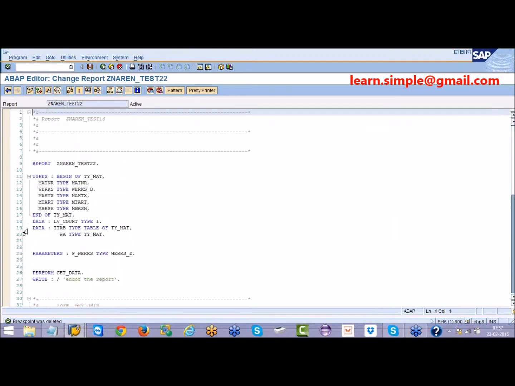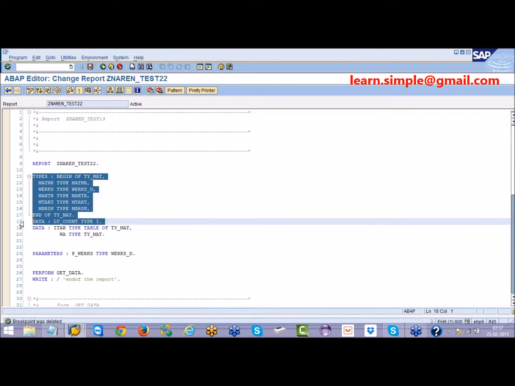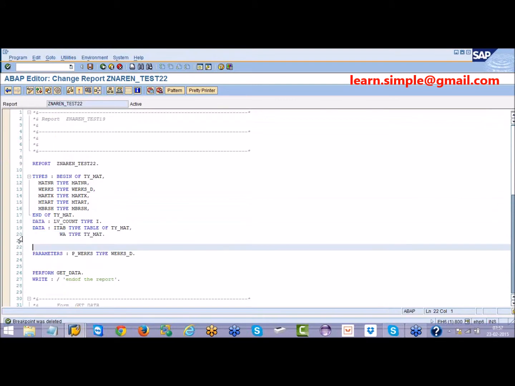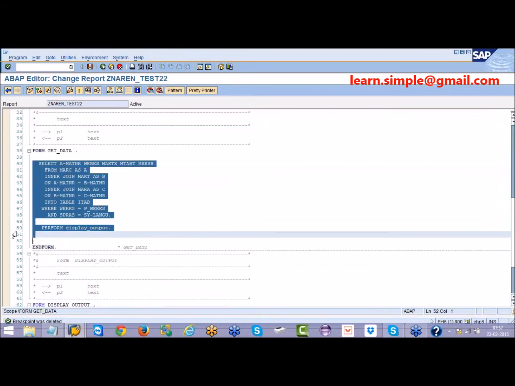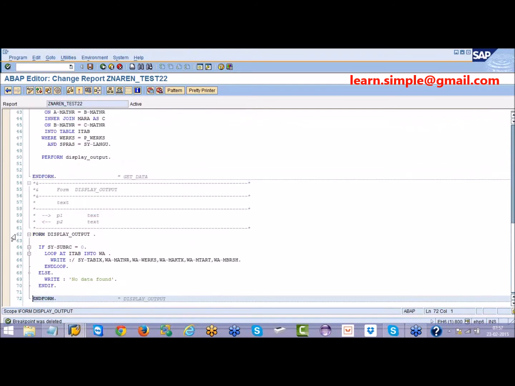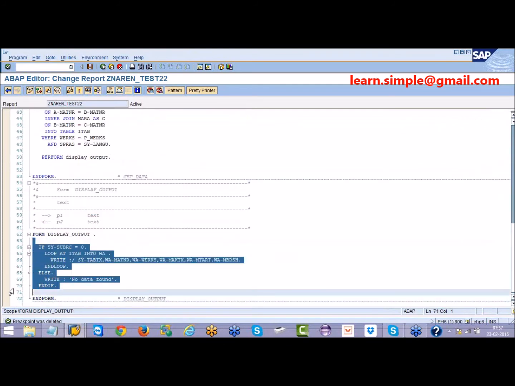What is the difference between global data and local data? Global data is accessible across all the subroutines. All these blocks can access your global data. But local data is accessible only within the block, because local data you will declare inside the particular subroutine.